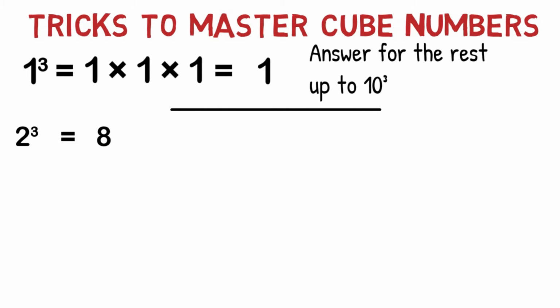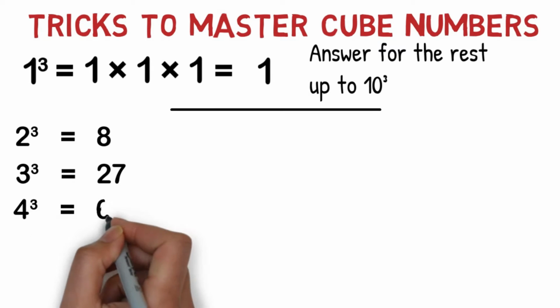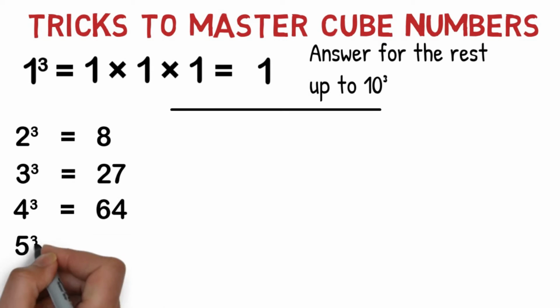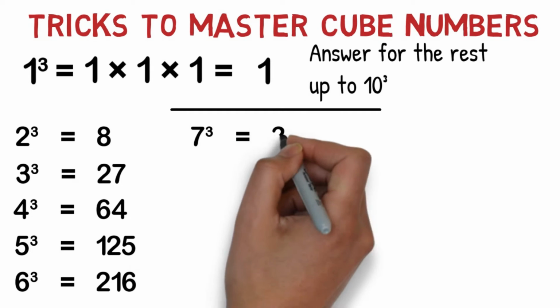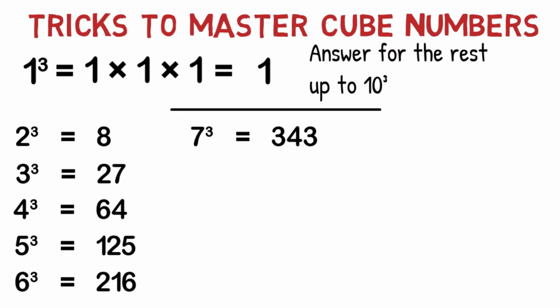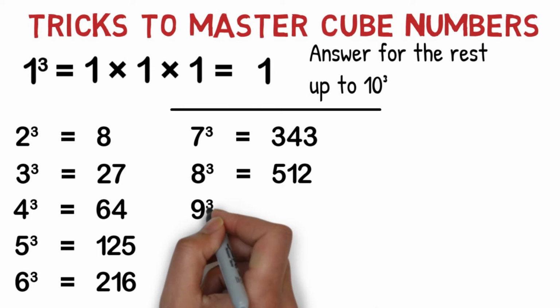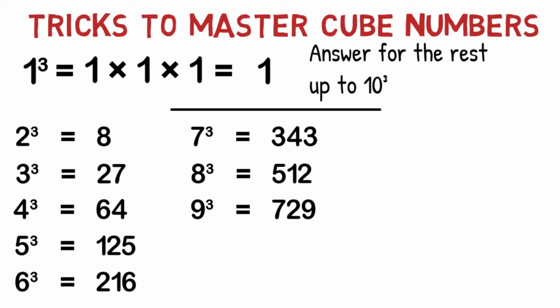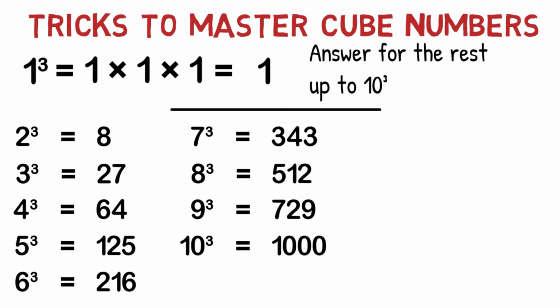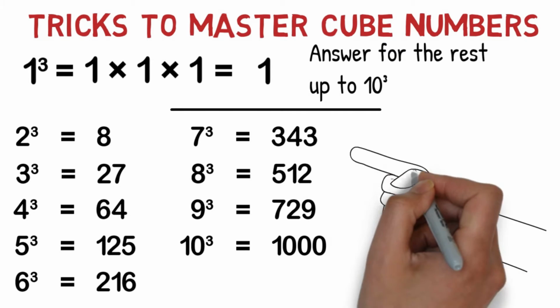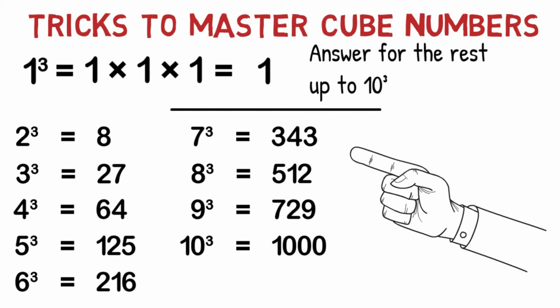2 cubes equals 8. 3 cubes equals 27. 4 cubes equals 64. 5 cubes equals 125. 6 cubes equals 216. 7 cubes equals 343. 8 cubes equals 512. 9 cubes equals 729. 10 cubes equals 1000. It is important to know the cube numbers of 1 to 10 for you to use